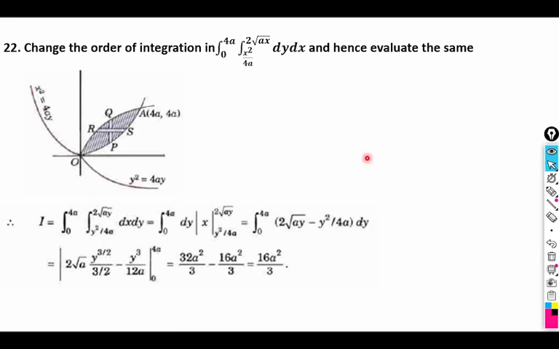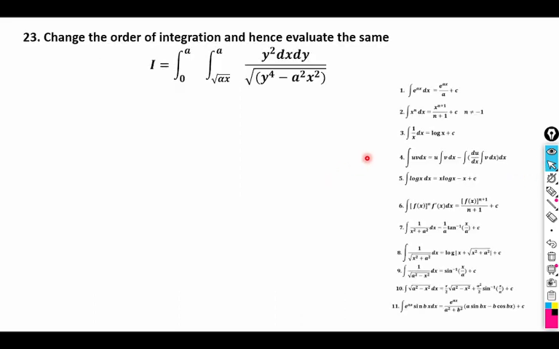That's example 22. Next question, example 23. Here the question is to change the order and evaluate. So step number 1, we should draw the correct region first. So the region is bounded by